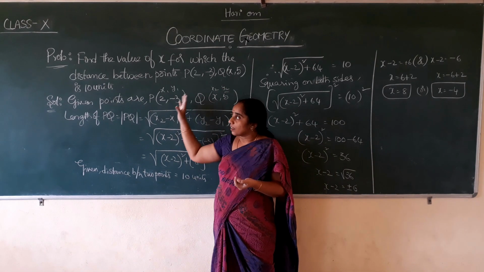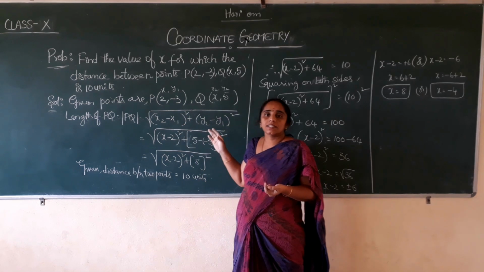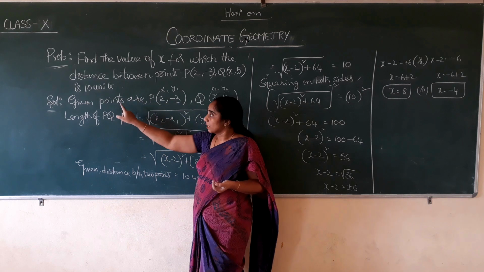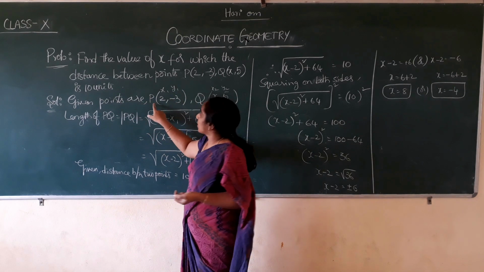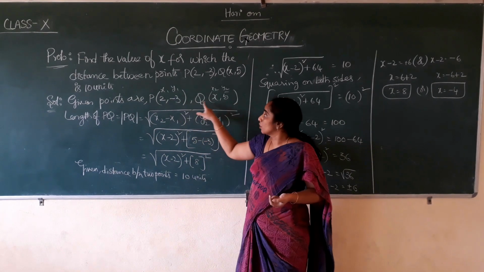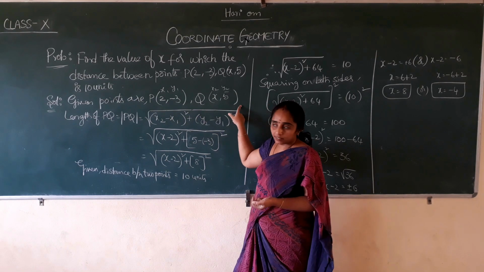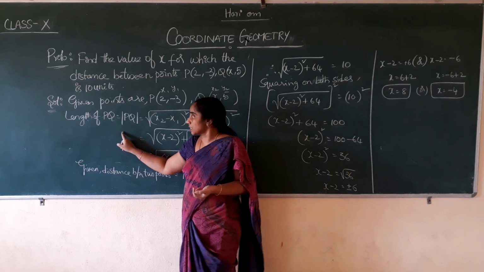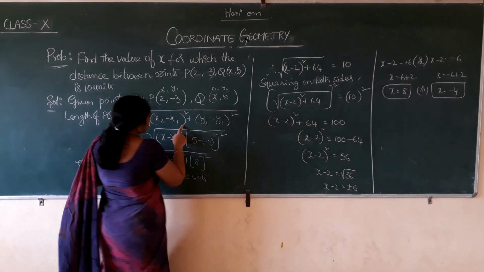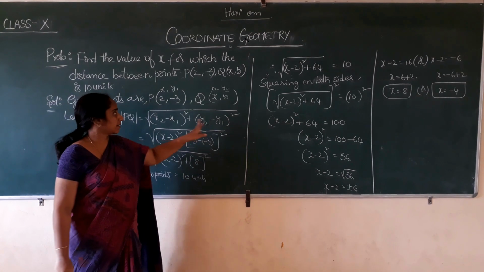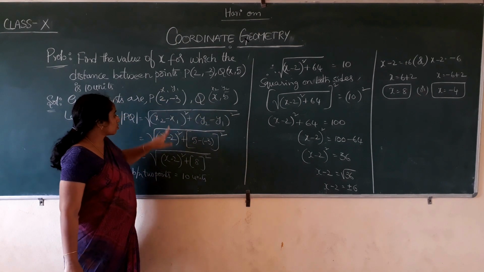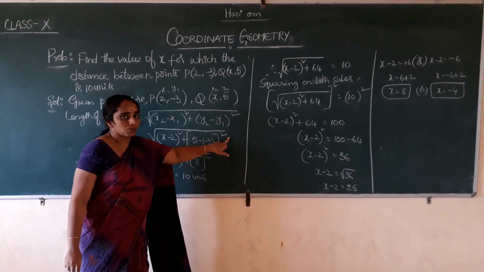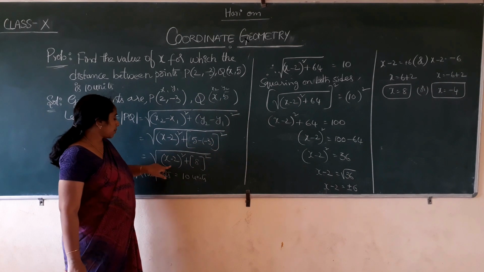The distance between the 2 points is given as 10 units. The 2 points are P (2, minus 3) and Q (x, 5). Length of PQ, or distance between P and Q, is x2 minus x1 whole square plus y2 minus y1 whole square: x minus 2 whole square plus 5 minus of minus 3 whole square. It is x minus 2 whole square